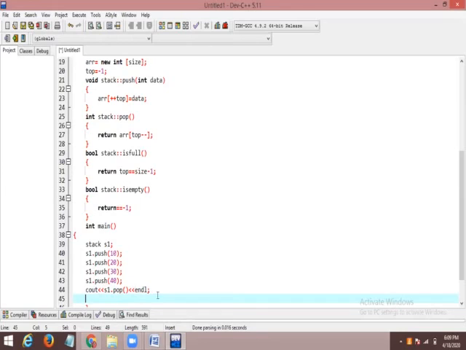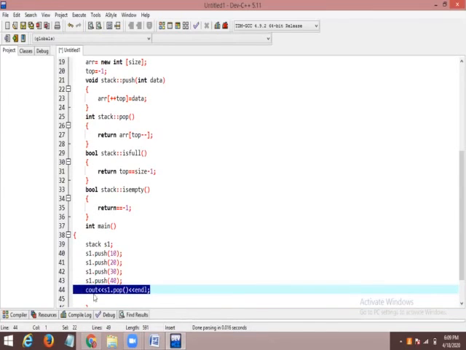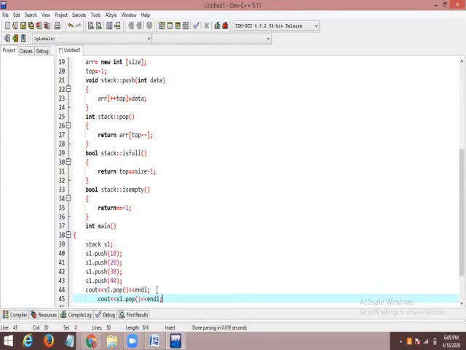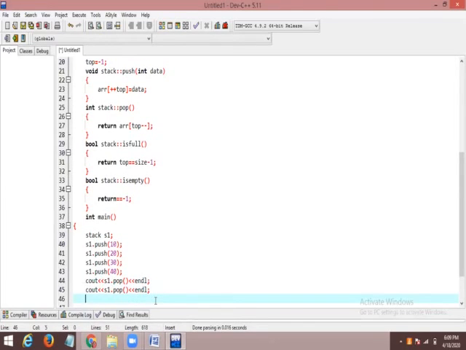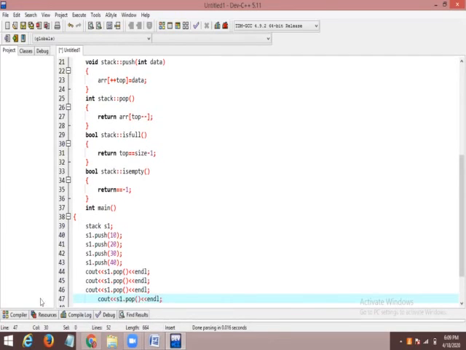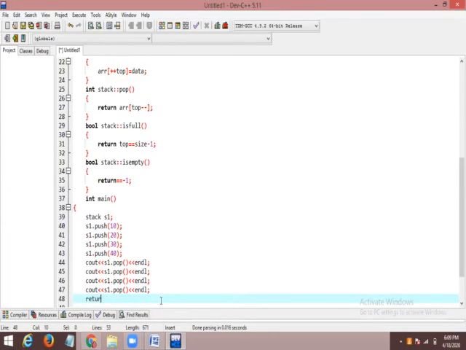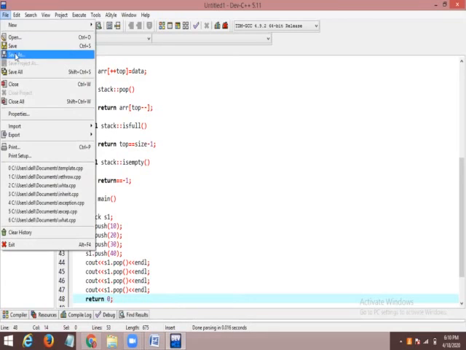Then again, similarly, I'll write the same. And return 0. Okay.